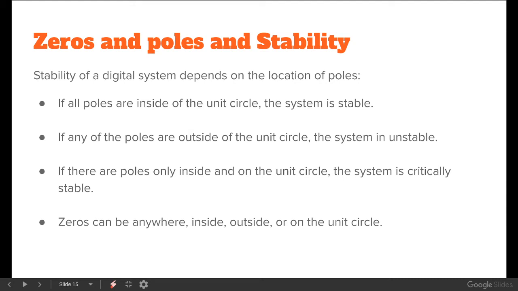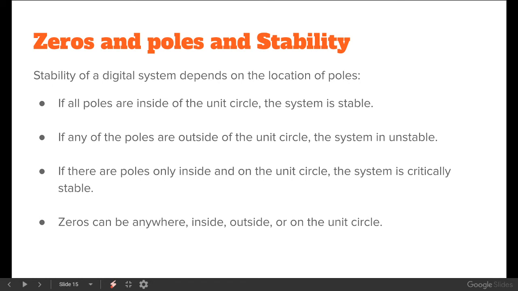With a right-hand side pole, the system is chaotic or unstable. So if even one pole is outside of the unit circle, the system is unstable, meaning that it's useless. It'll saturate in a second or less. If the poles are inside of the unit circle, then it's